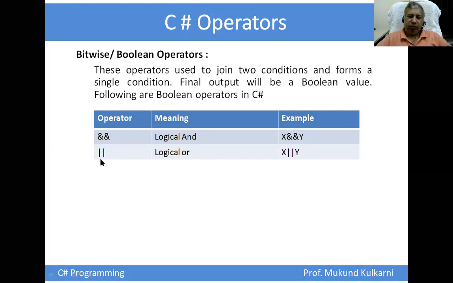And the double pipe operator is called logical OR. While reading you can read it like this, x or y. Now, the working of and, or is already known to you, so I'm not putting more stress on it. How can you get the truth table? You have already learned. If the value of x is true and the value of y is true, then and will return true. In all other cases, it will return false. Exactly opposite to and, or will return true when either x or y is true. When anyone is true, it will return true. If both are false, then only it will return false.